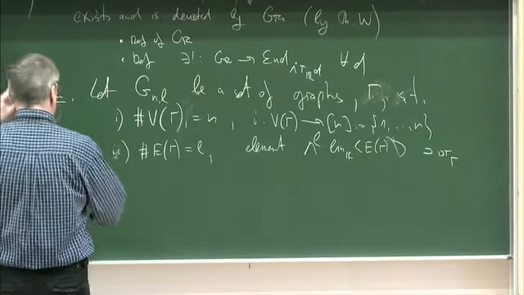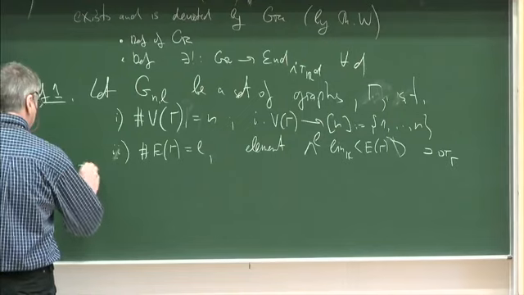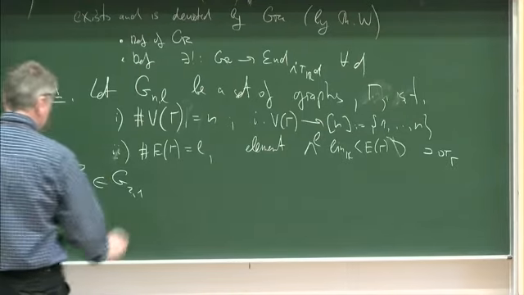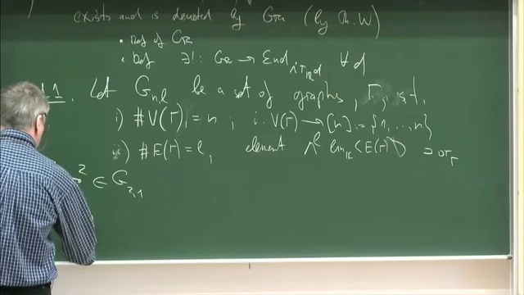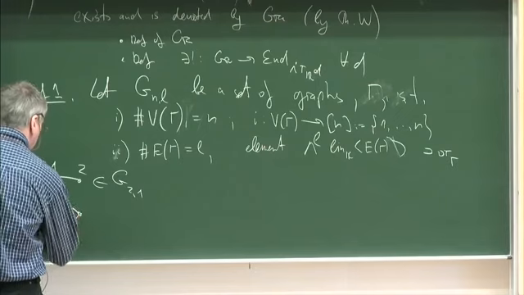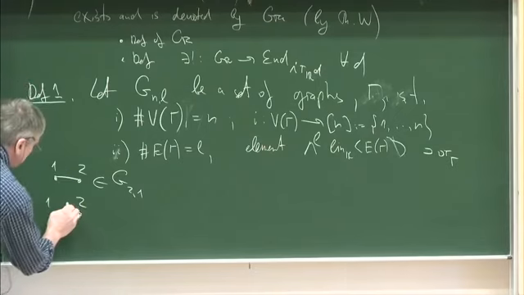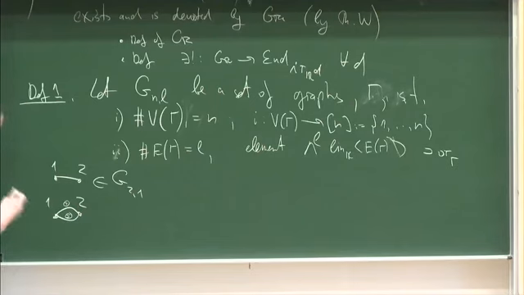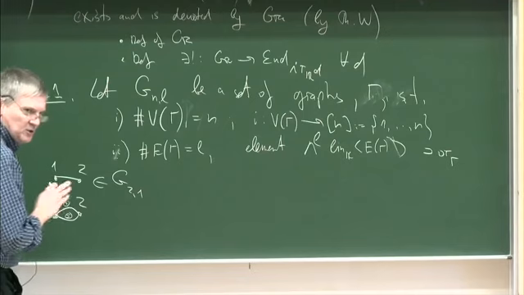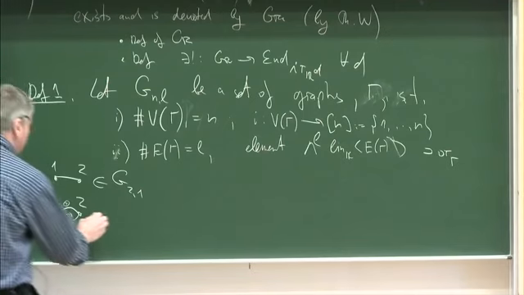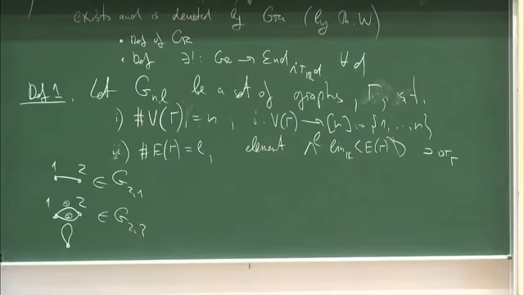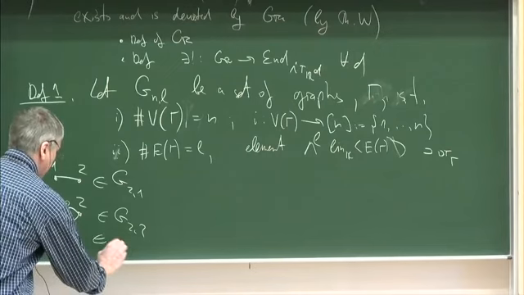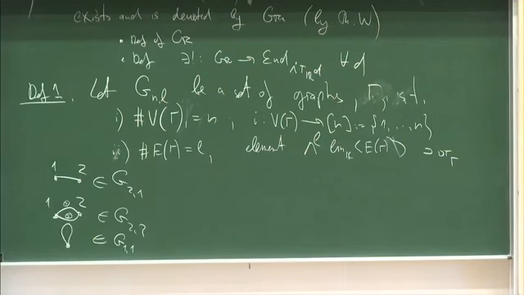So, example. 1, 2 lies in G(2,1), right? 2 vertices numbered 1, 2 and an edge. Or this one is also good, 1, 2. And say I choose this edge first, this one second, right? I have to choose an orientation. I don't show it, I assume often it's an element in G(2,2), or that's what I will need in the BV story, the BV version of this story, it's an element in G(1,1), and so on.